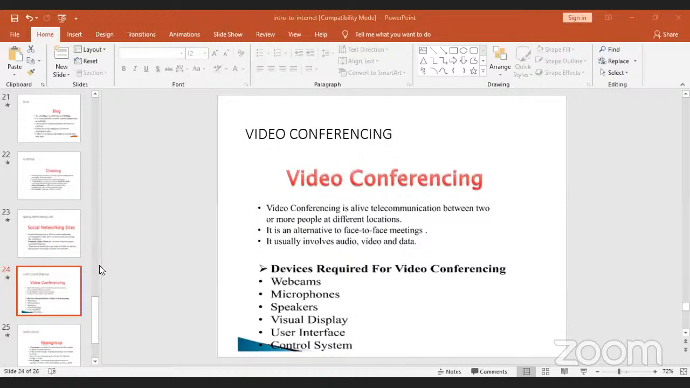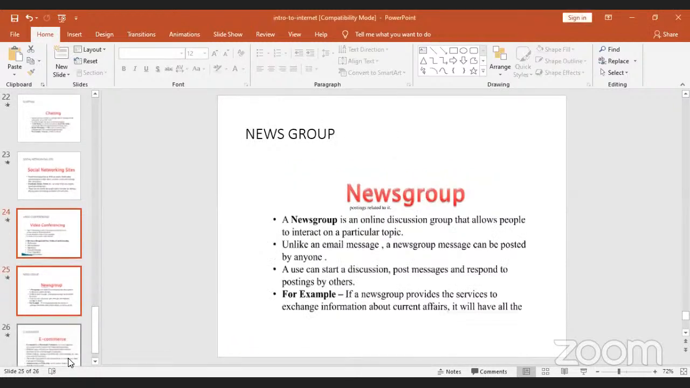So another service the internet provides is newsgroups. A newsgroup is an online discussion group that allows people to interact on a particular topic. Unlike an email message, a newsgroup message can be posted by anyone. So a user can start a discussion, post messages, and respond to postings by others. For example, if a newsgroup provides services to exchange information about current affairs, it will have all the required